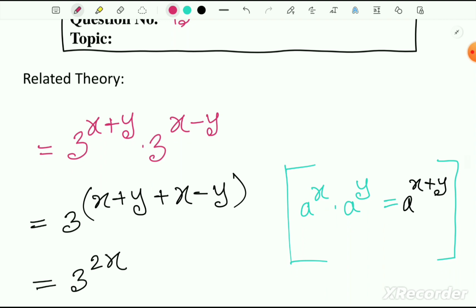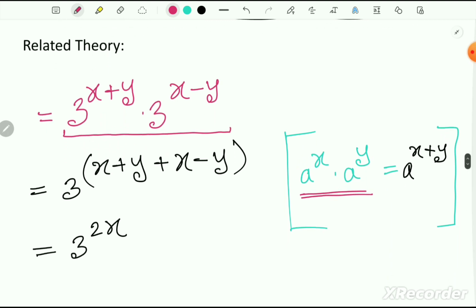So this is basically exponential mathematics. We have to follow this exponential formula. So this is the given term 3^(x+y) · 3^(x−y), and as it has a dot sign here, we can simply write according to this